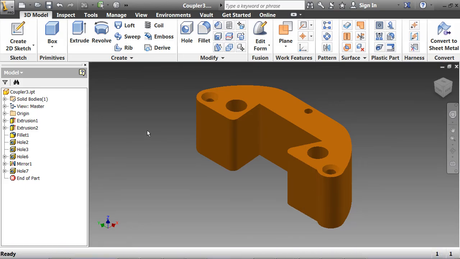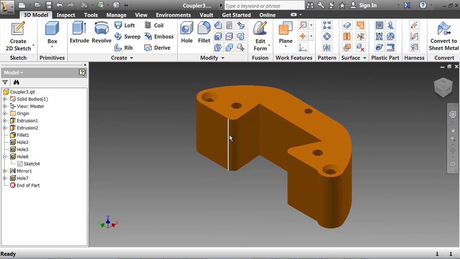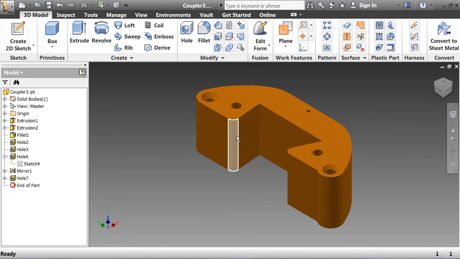So as I go back into Inventor, I notice that I need to change the part. I'm going to change the part on hole 6. And I noticed that the engineering change order that I just received says edit that part and change the diameter to 0.025. And then on hole number 7, change that diameter to 0.01. So I made those subtle changes to that part, and I think I'm going to go ahead and save that